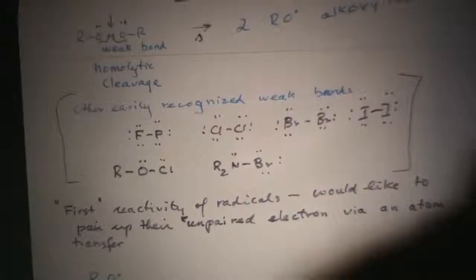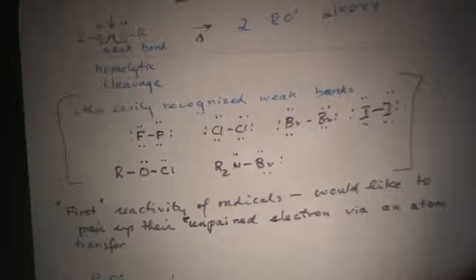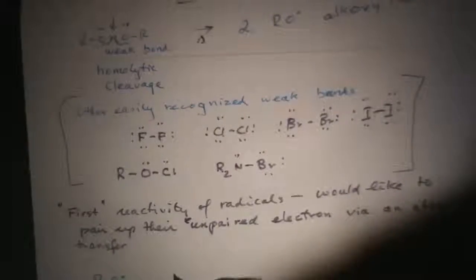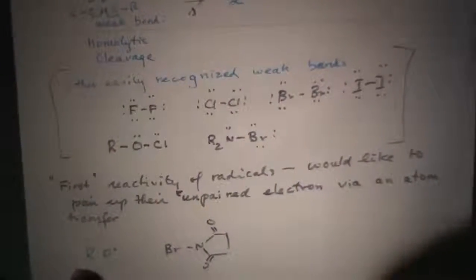So we have that. It's a possibility that we could imagine, that I just identified for you, that the carbon-bromine bond is weak. You could imagine maybe that what will happen is that